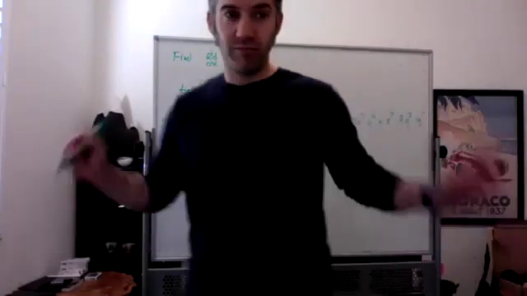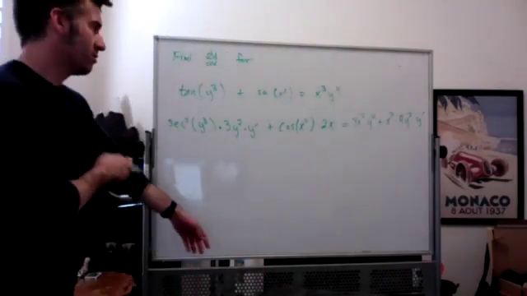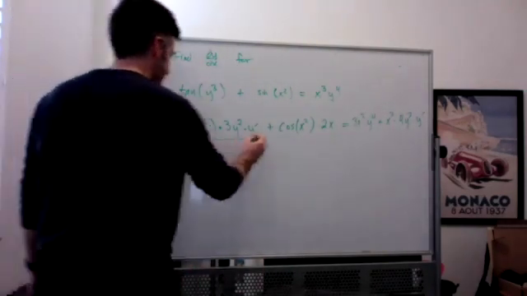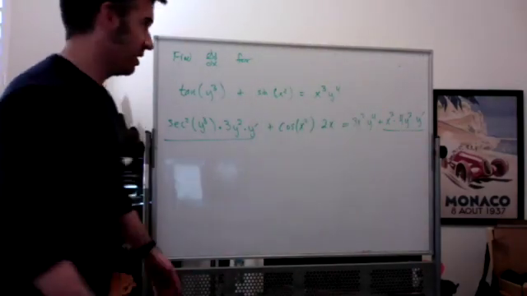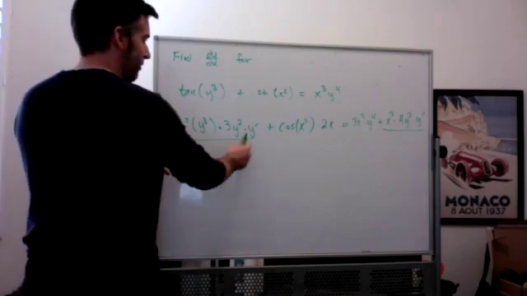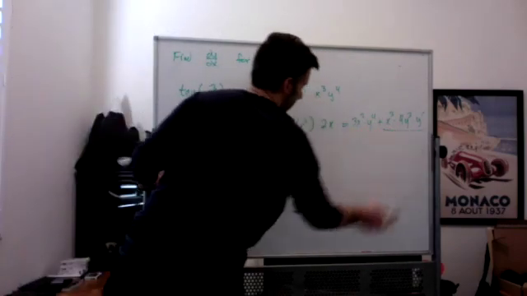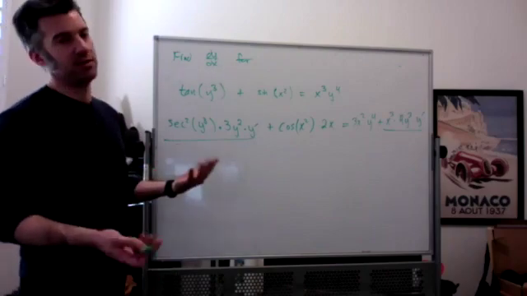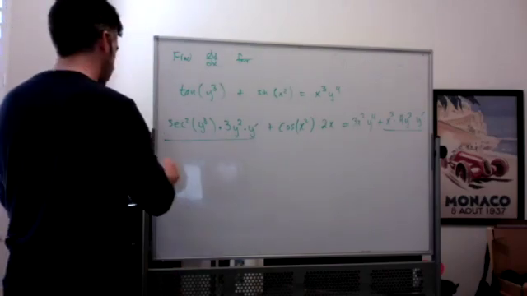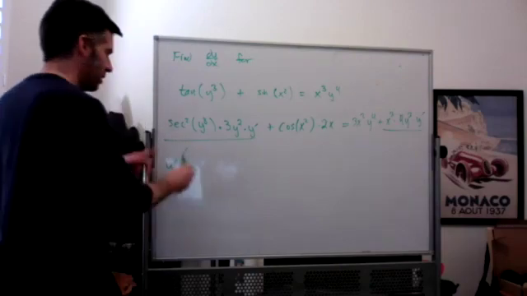The rest is just algebra, meaning it's a pain in the ass, but we're going to do it. There's my y primes. Bring them all to the same side. Bring all your other stuff to the other side. So on the left, I'm going to have this minus this. And let's factor out the y prime, because I feel like that's an easy enough step that we can do it and not have to write this a bunch of times. So I'm going to have y prime times